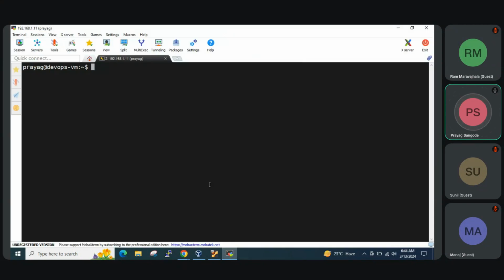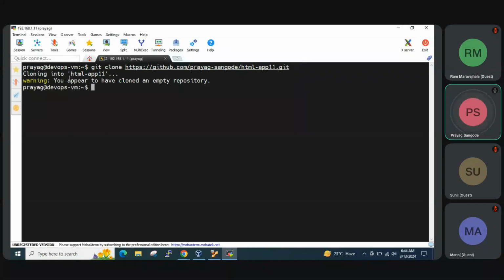We clone the repository. What it is saying is you appear to have cloned an empty repository. Just go to HTML app 11, and if we do ls, it will not show anything. Okay, now let's